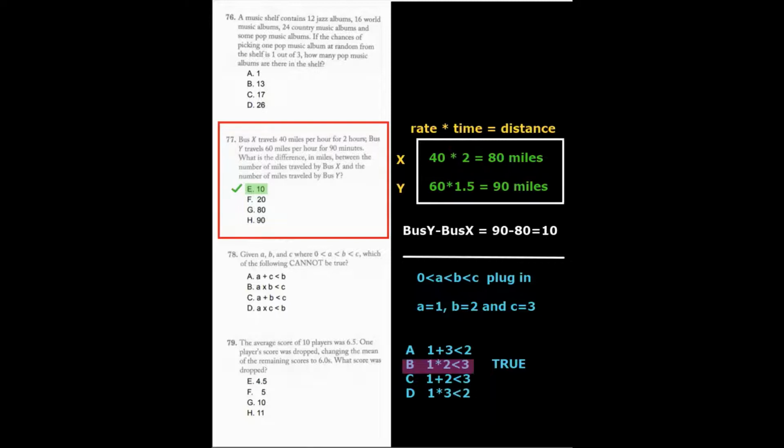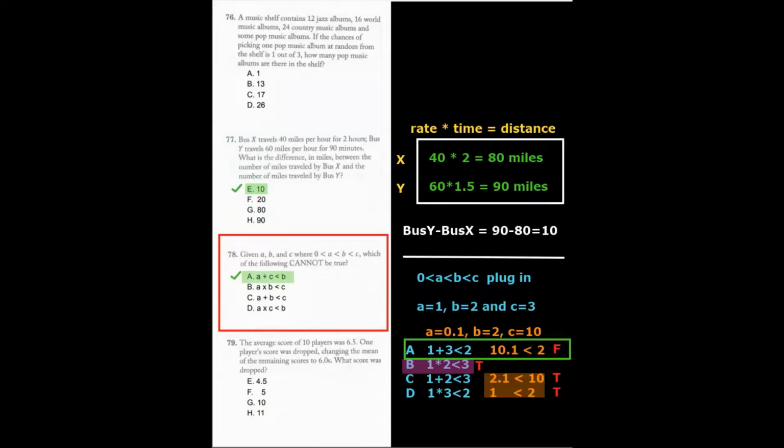Question number 78. Given A, B, and C, where 0 is less than A is less than B is less than C, which of the following cannot be true? The correct answer was A, which we can do by plug-in. Here, if I plug in A as 1, B as 2, and C as 3,